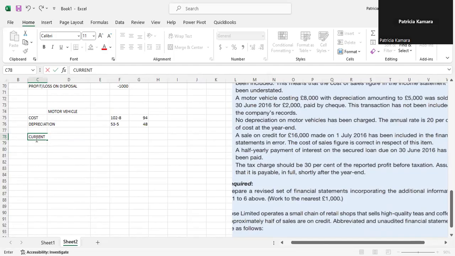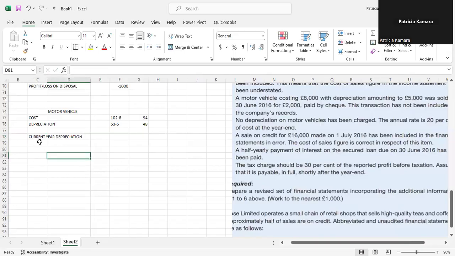Okay, so the remaining motor vehicle is what depreciation will be charged on. So our current year depreciation, we were told that it is 20%, okay? So this will give us